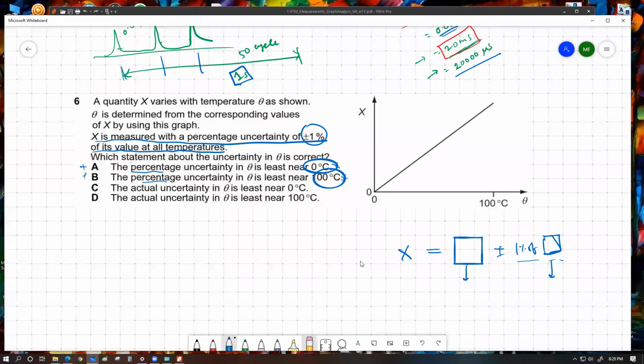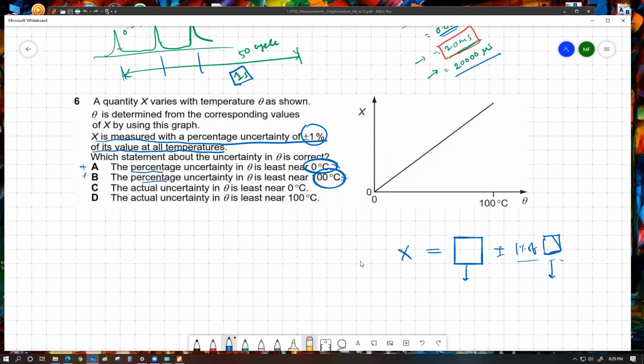বলো। স্যার লিস্ট নিয়ার বলতে? আচ্ছা বলতেছি, লিস্ট বলতে হচ্ছে স্মলেস্ট, আর লিস্ট মানে হচ্ছে স্মলেস্ট। স্যার স্মলেস্ট ভ্যালু নিয়ার 0 ডিগ্রি। হ্যাঁ, এই কোশ্চেনে কারেক্ট আনসার হচ্ছে সি। The actual uncertainty of theta is least